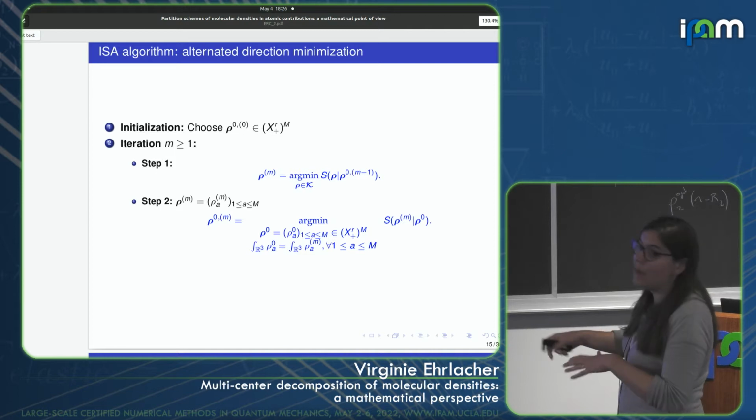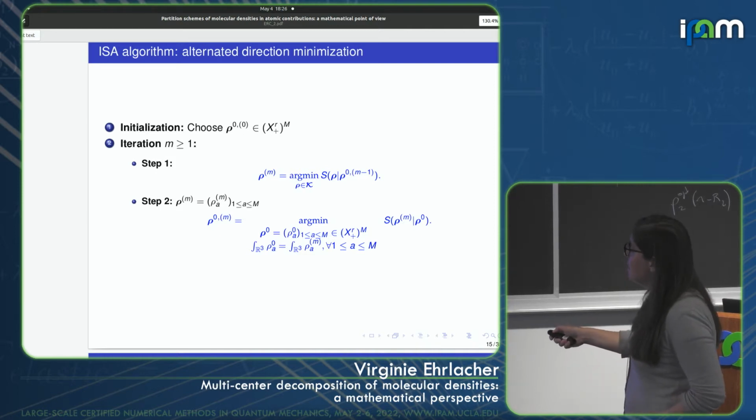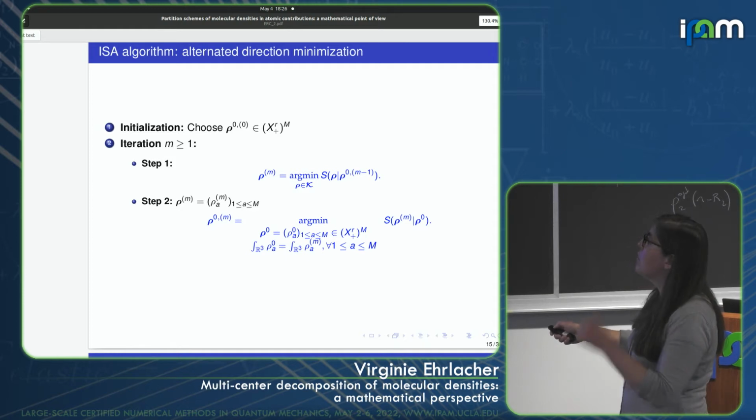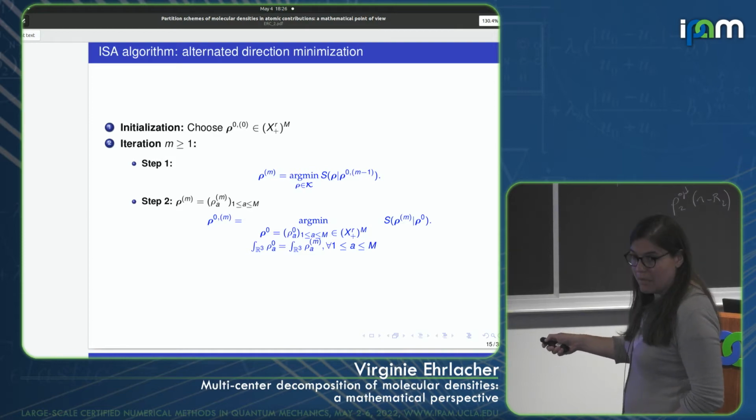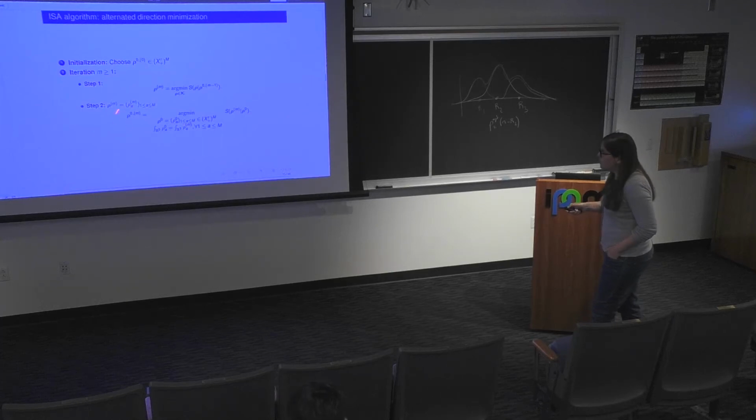The components of this rho m are not necessarily radially symmetric, which minimizes this entropy functional S of rho with respect to rho 0 of the previous iteration, m minus 1, over the set K I introduced to you before. Then in the second step, you define the new set of radially symmetric functions, rho 0 m,